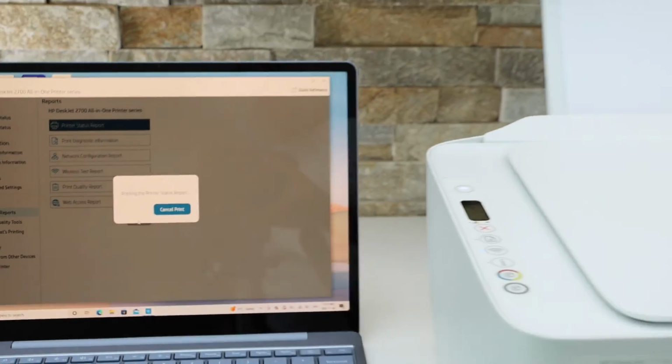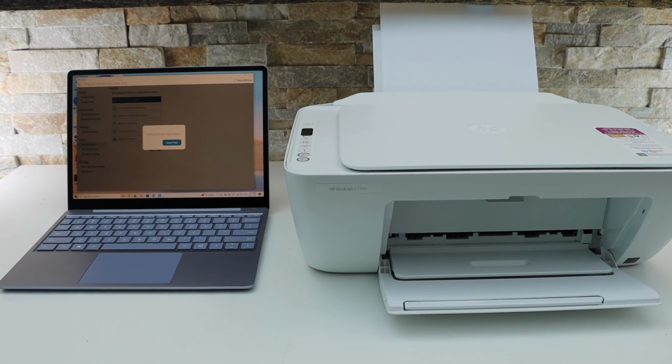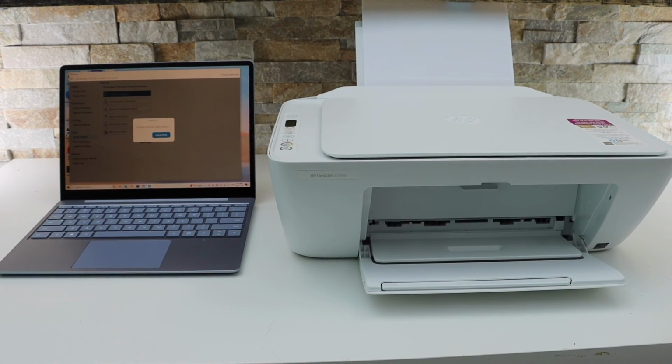Instantly it works. So we have completed the setup of the printer, including the wireless setup, and our printer is ready to use for copy,